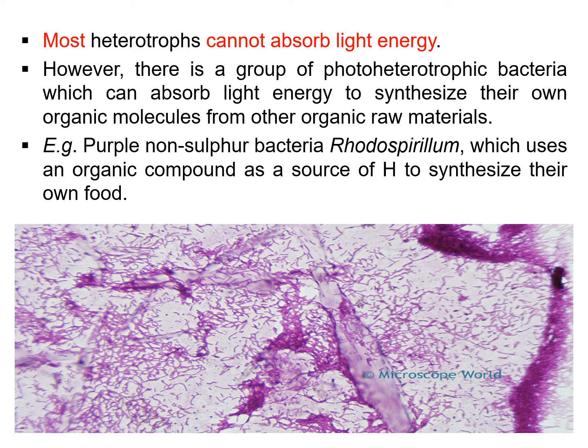These special types of bacteria are classified as photoheterotrophic microorganisms. For example, a purple non-sulfur bacteria called Rhodospirillum, which uses an organic compound as a source of hydrogen to synthesize their own food. And the microscopic features of Rhodospirillum are presented in this slide so that you can see